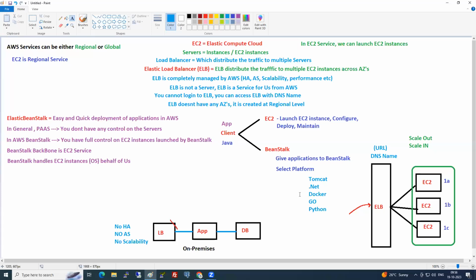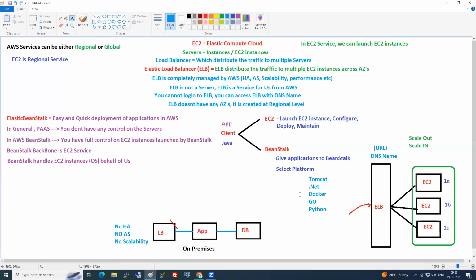Java. If you want Java to be hosted on the server, which platform is required? Tomcat. Java works on Tomcat.